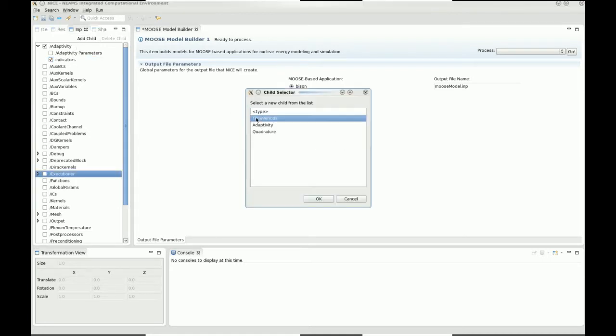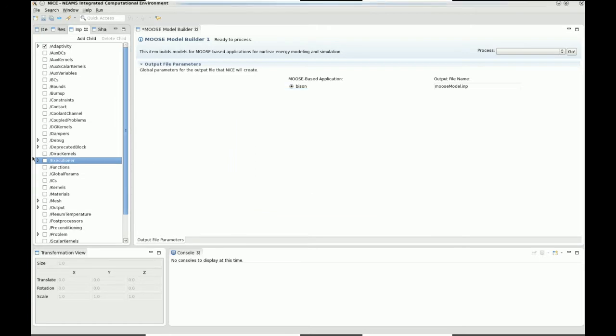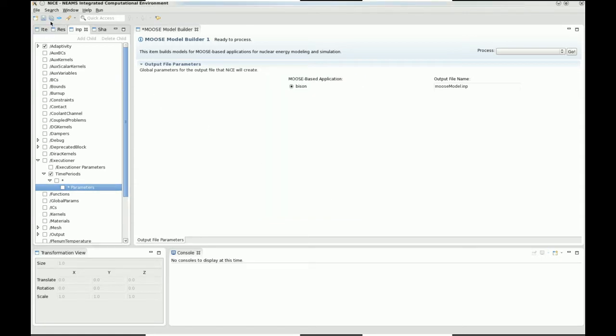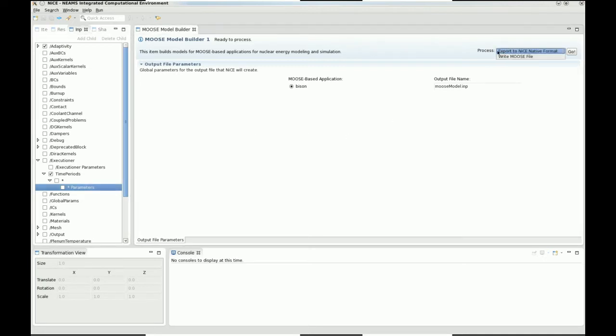We can go down and do this for any one of the other blocks. Executioner, I can add a child there, I can put in time periods. Whatever I do, it'll pop up in the list. I can mark it as active. And I can add a child to time periods. And so that pops up in the list too. So it's pretty straightforward to use, and when you're done you just click save, everything gets saved,